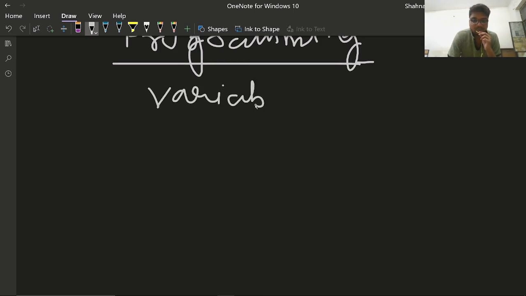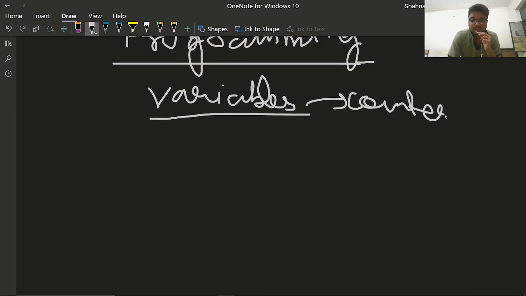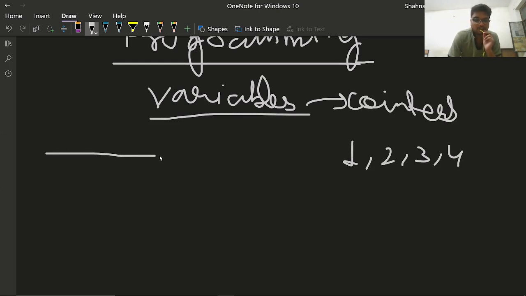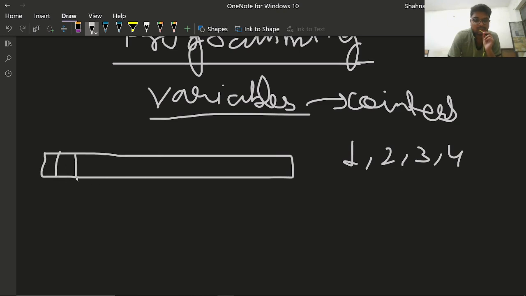So we will talk about variables. What are variables? Variables are containers which hold some values, just like 1, 2, 3. These are memory locations, because when we learn about architecture, we will come to know that the computer memory is an array, or chunks of bits.